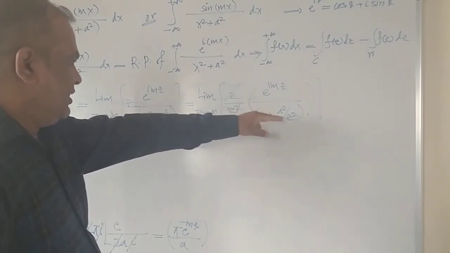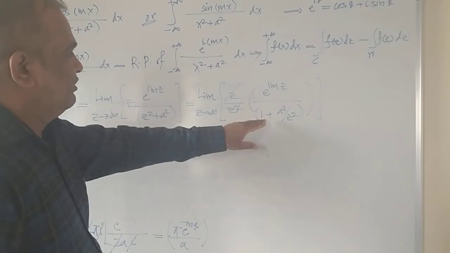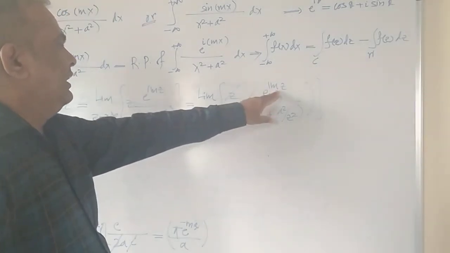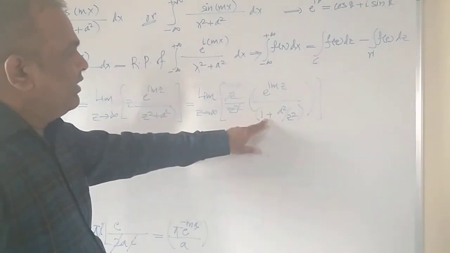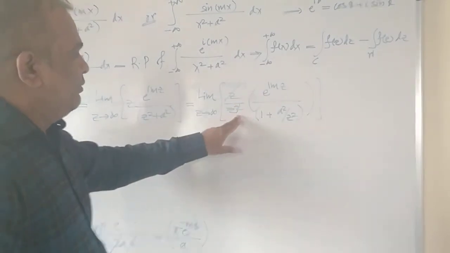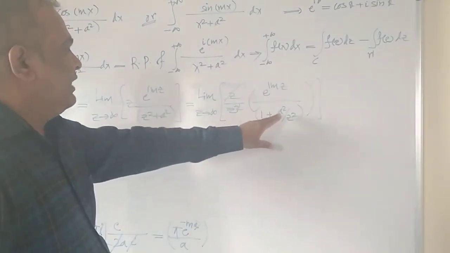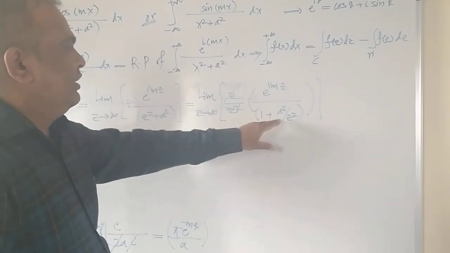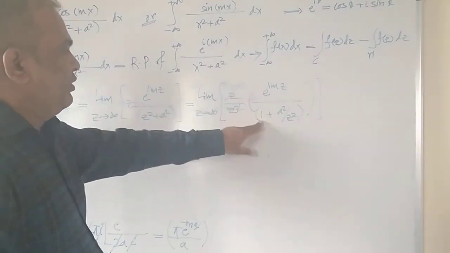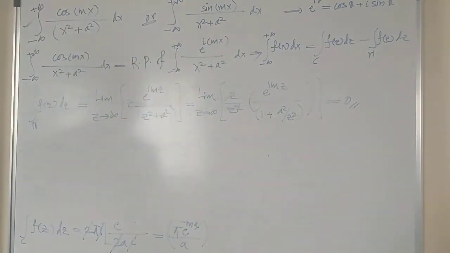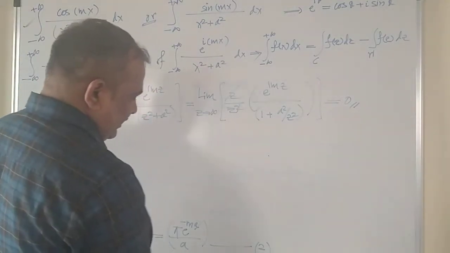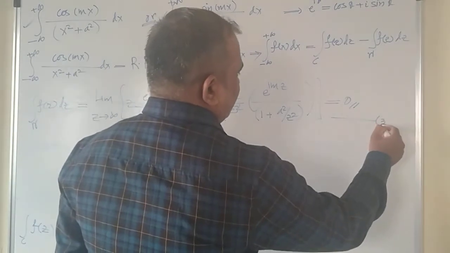But you can test, the next part will give you some value, that does not matter. E raised to infinity is infinity. Infinity is not a finite number, but multiplied to the infinity by 0 will give you 0. 1 plus a square by infinity, that means 1 plus 0, that is 1. So infinity upon 1, this total factor is infinity into 0, which is 0 only. So thus you got the second integral value equal to 0. So let us indicate these as equation number 2 and equation number 3.